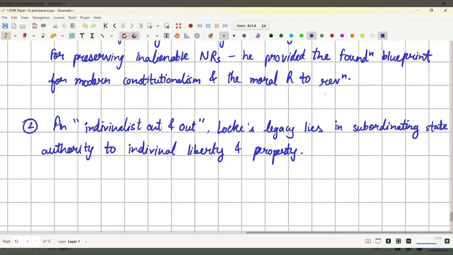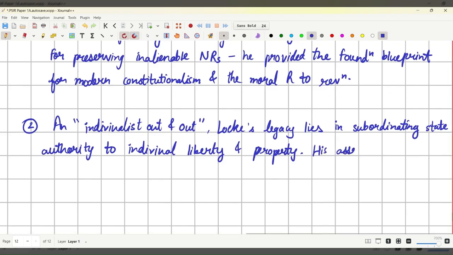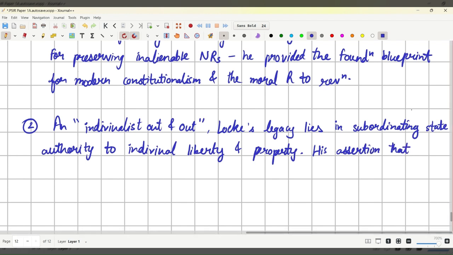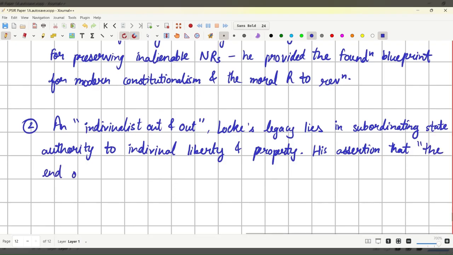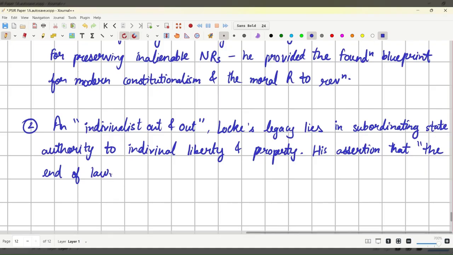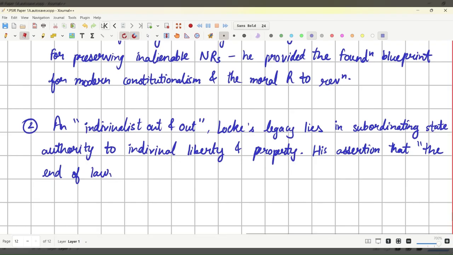His assertion that the end of law is freedom,